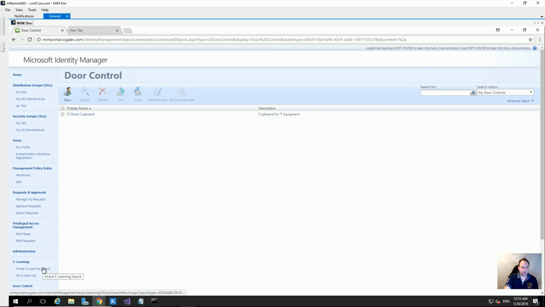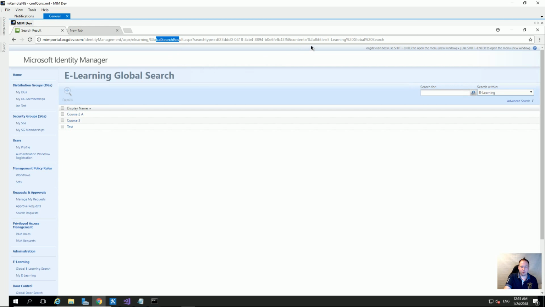So if we go to the e-learning search, we can see that again it's a global search result, but we've got an extra parameter in here called title, and that's displaying it there nicely. So we can get that custom title displayed in the portal, and it's a bit better than just having the search result displayed there. What you'll also notice is that the page is in an e-learning subfolder, and with the my e-learning one,